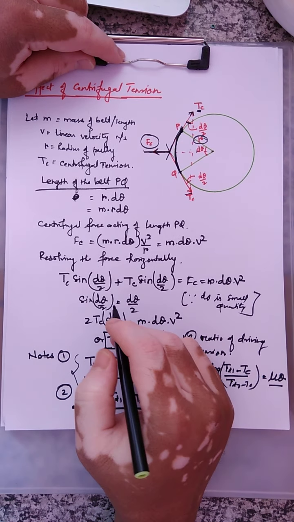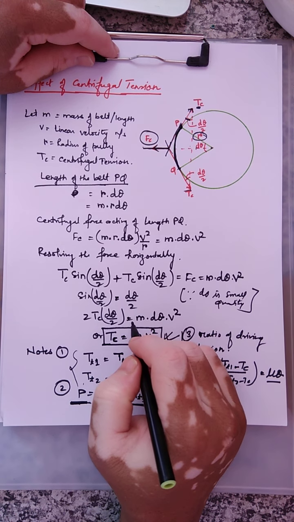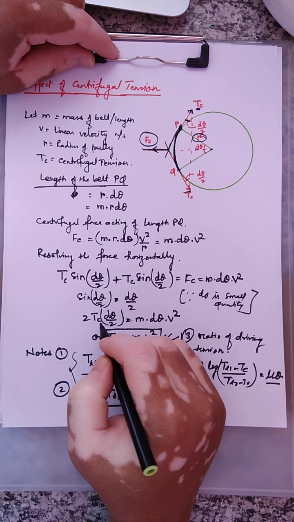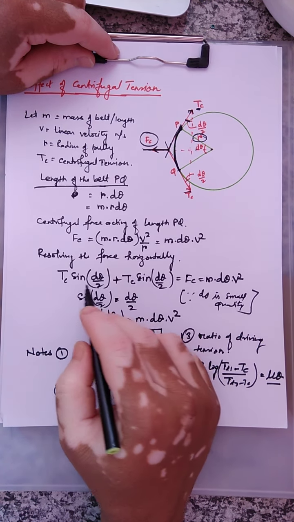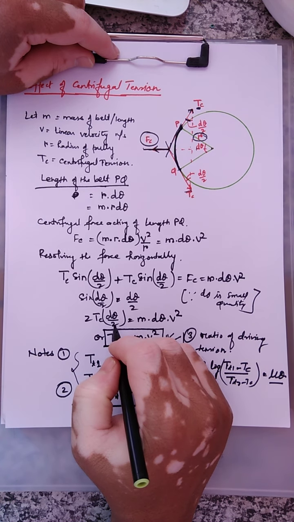As sin θ tends to θ for small angles, we can write sin dθ by 2 as dθ by 2. Now Tc plus Tc, 2Tc times dθ by 2